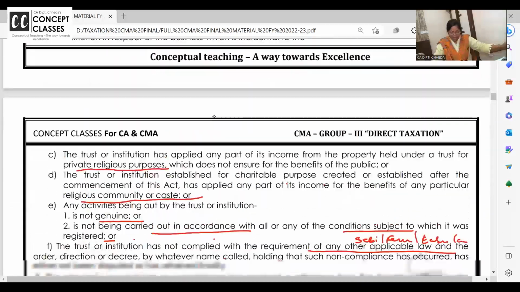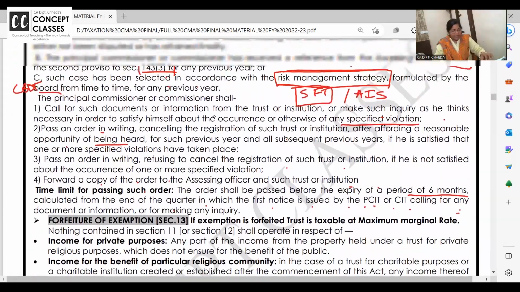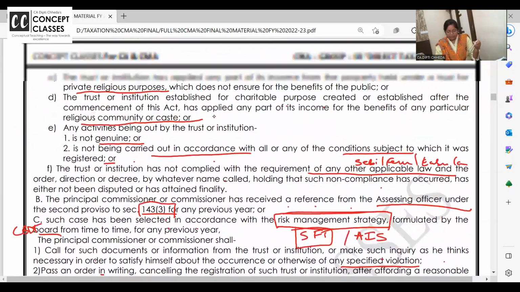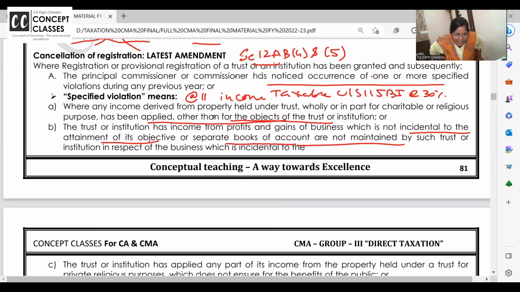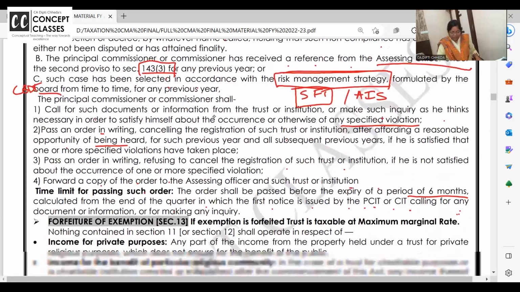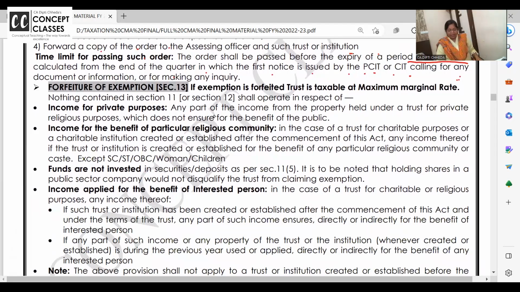चलो आगे करते हैं. Now, what is the difference between this and the next one? Because you will see similar conditions. If specified violations are there, the trust's registration will be cancelled. If these violations are there, you will not get exemption. Your registration will be valid, but sorry boss, for this year 11-12 exemption will not be there, and you have to pay tax on the full income. Ma'am, then how will we compute income? That's what is added in section 13.10. Let us see.